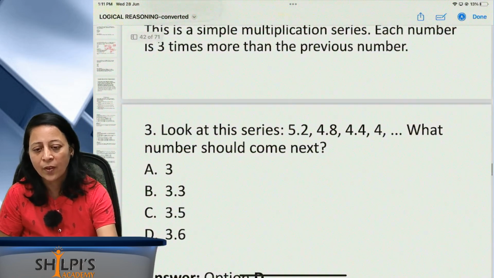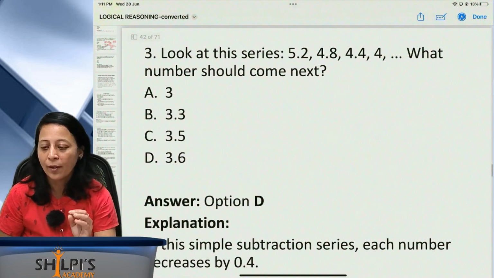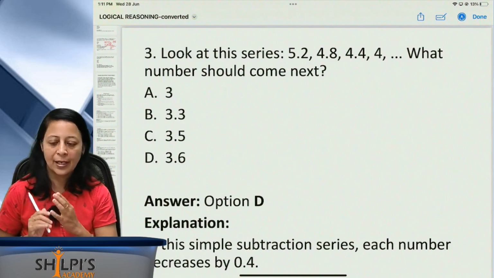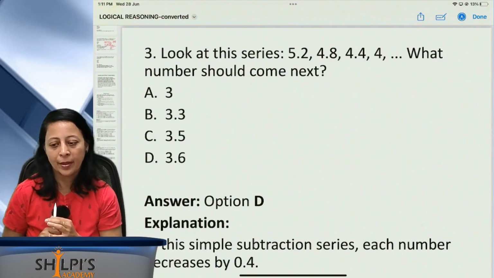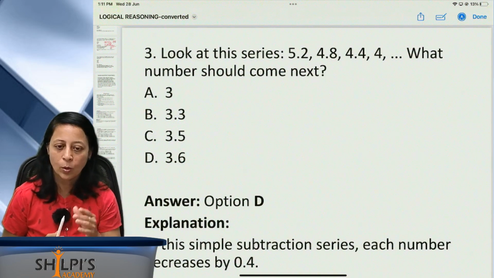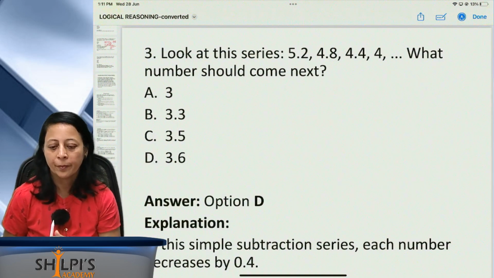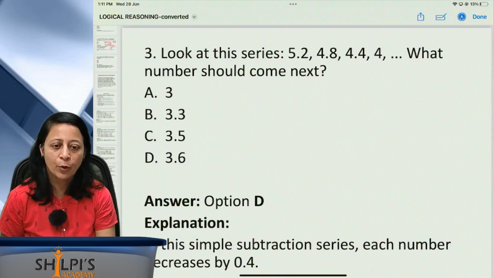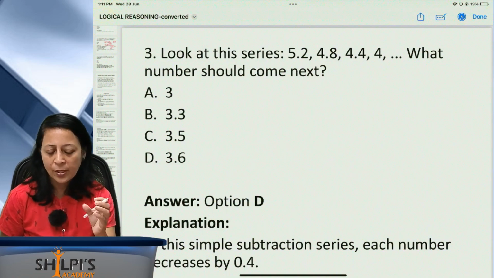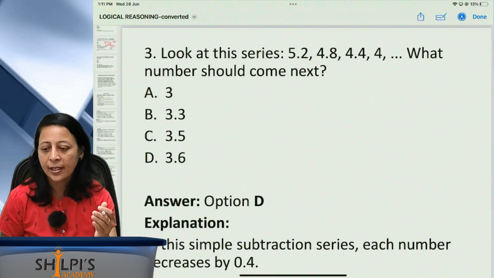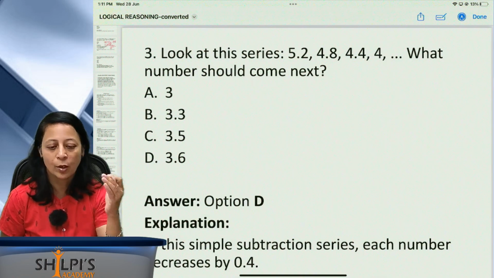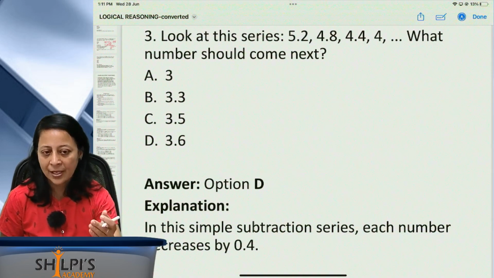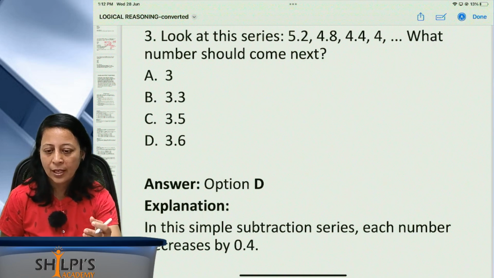So, you can see that one is not correlating to the other, you have to feel and get in order what could be the relationship. Okay, each and every question will be different, it may not be the same. So here look at the series 5.2, 4.8, 4.44. Just feel what is the relationship between. Here you can see that each and every number is reduced by 0.4. Okay, so next could be 4 minus 0.4, the answer will be 3.6.